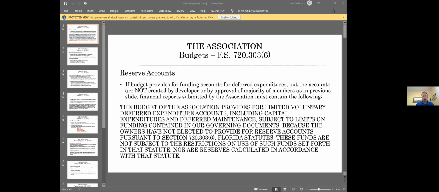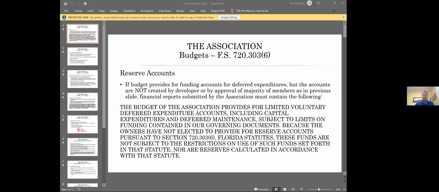Okay, and I'm not going to read verbatim each of these slides, but you can do that with a membership vote. And it basically is something that you're going to have to do every single year. You can't just waive reserves and then just move on year after year after year. You're going to have to continue to do this each year that you're doing that. Okay.